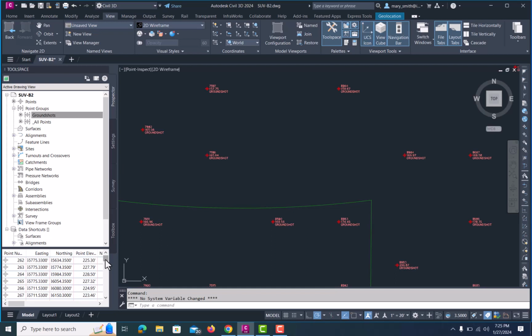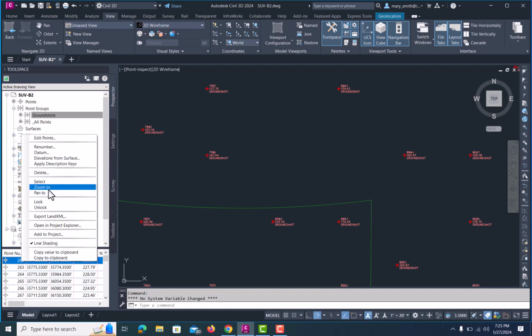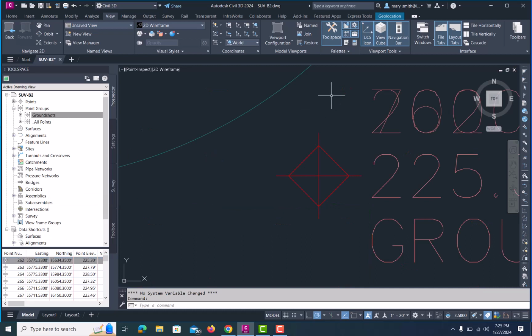All right, now let's select one and zoom to it. Well, this coordinate marker is the marker that is used for the COGO points. And all of the data that we just imported as the Ground Shots group will have that point marker associated with it. All right, so at this point, I'm going to do a quick save, and I'm going to continue on to